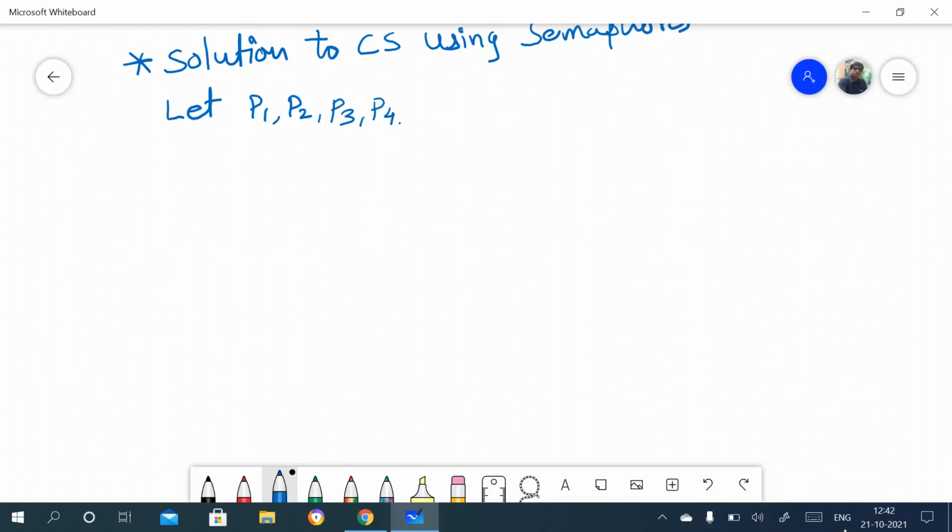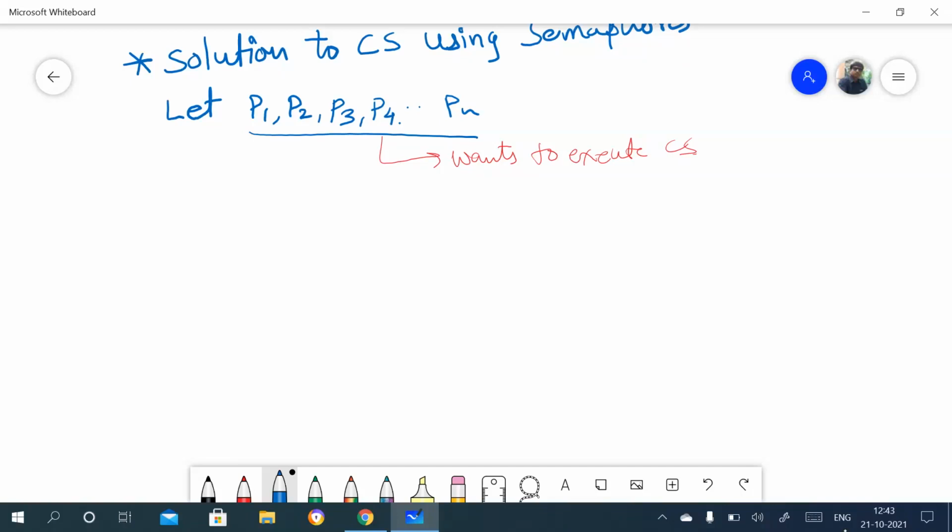These are the four processes, or we can consider n processes, but we'll take a few processes only for the understanding. And the processes want to enter into the critical section. Now see that code that we know.